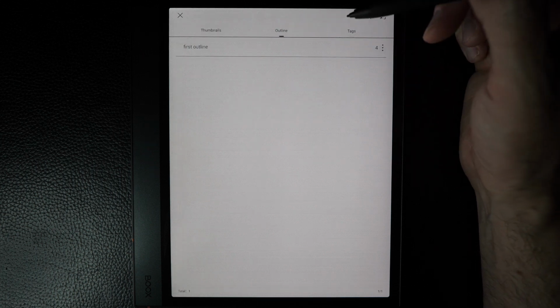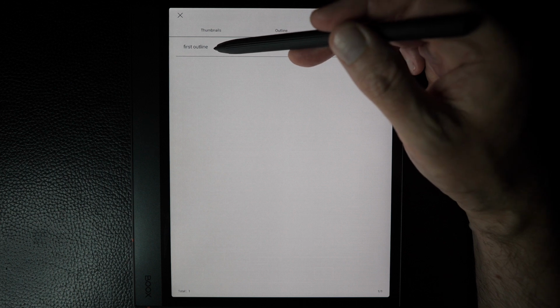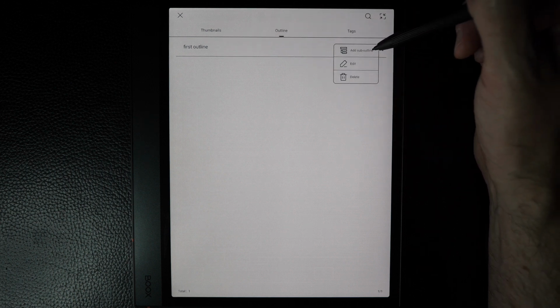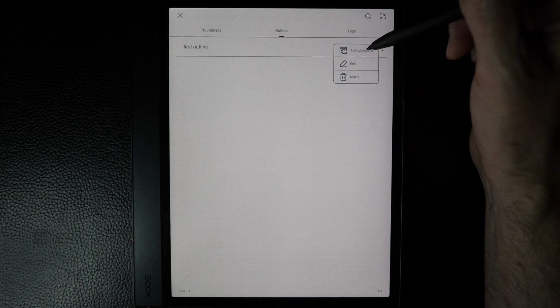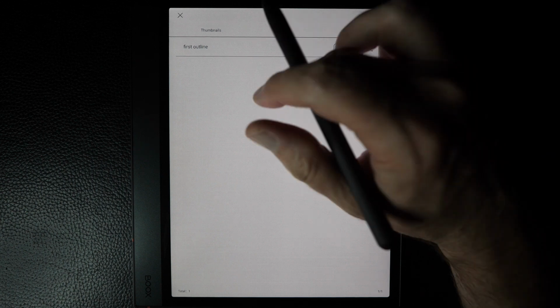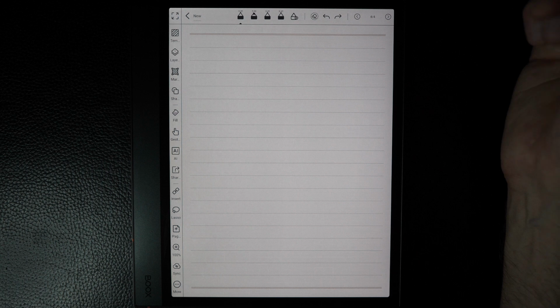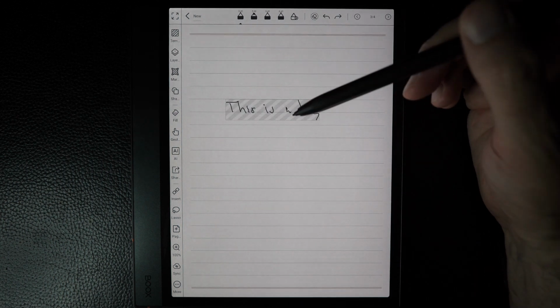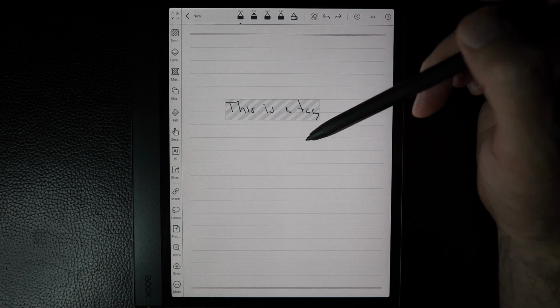If we go to outline, remember we called that first outline. It's on page 4. If I click on this, I can either add it to a sub outline, edit or delete, or click on it to go straight to that page. So again, a tag is specific to whatever text that you attach it to,